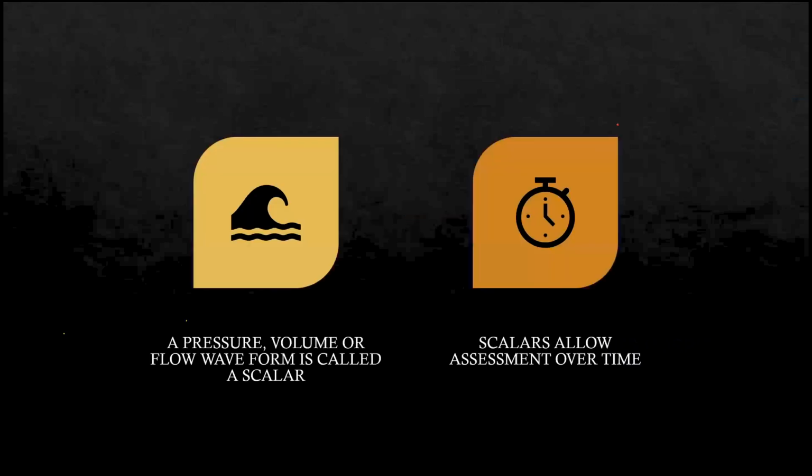Now, scalar has already been described by the previous speaker, is that it is nothing but a pressure, volume, or a flow wave, which is represented over a time axis. So that's a scalar. Essentially, we are talking about the three important parameters, which is pressure, volume, and flow, which is plotted against time, as compared to loops where you have either pressure versus volume or such other two variables which are coming, where time doesn't become a constant, or time doesn't become one of the defining factors for the